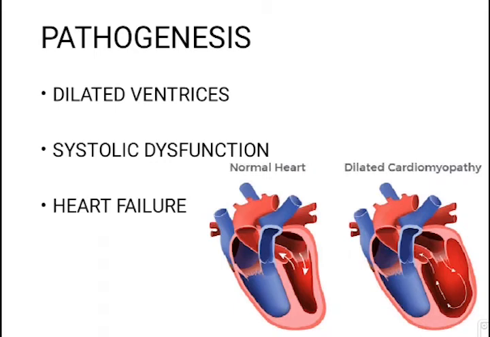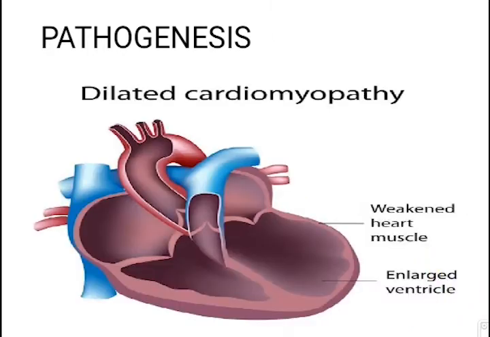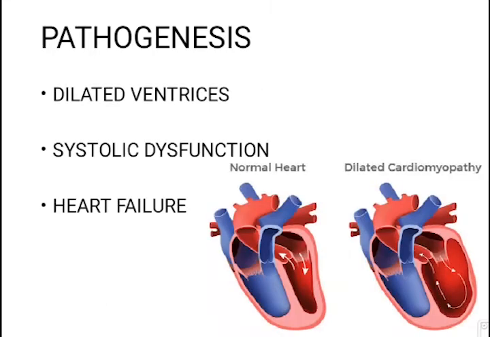Due to various causes, when the ventricles get dilated, they become enlarged, and eventually the sarcomere will not contract properly. This will lead to systolic dysfunction, that is, the blood from the left ventricle will not enter into the aorta properly, leading to increase in end diastolic volume without increase in stroke volume. What this causes is heart failure. Eventually, it will cause left heart failure followed by right heart failure. Both will occur.